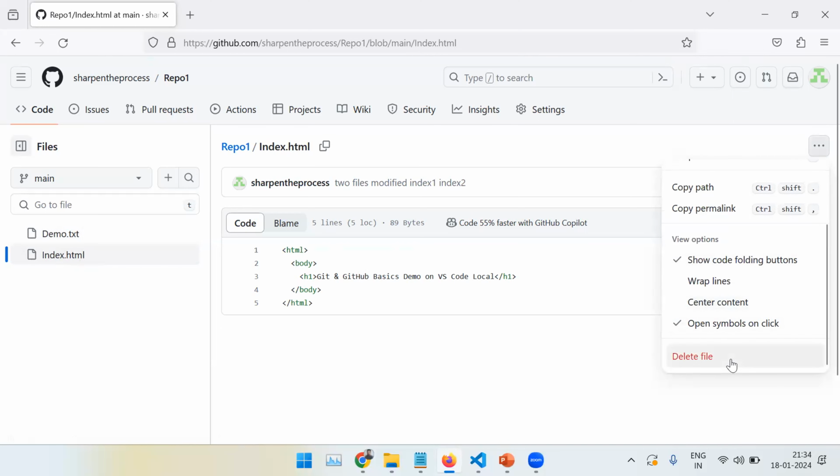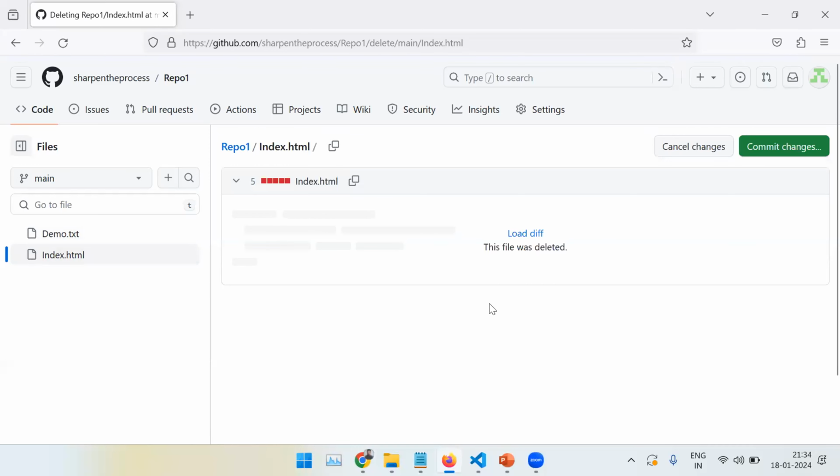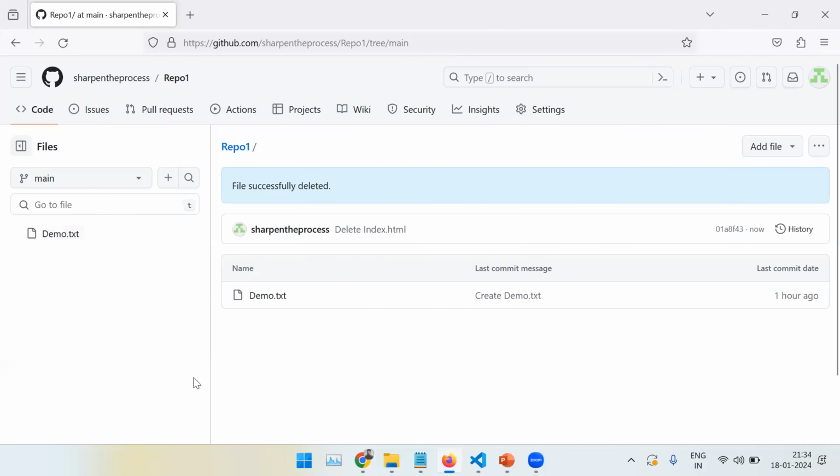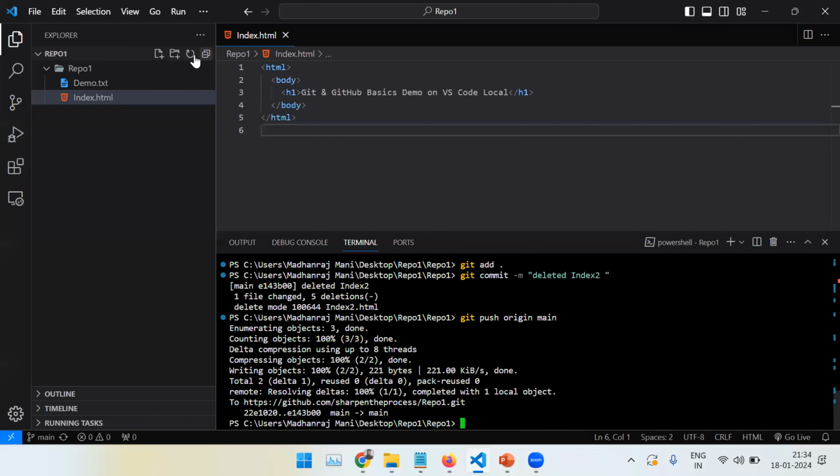Okay, let me delete this. See, now the file is deleted over here, right? Index1.html, but still it is available in our local. So we want to